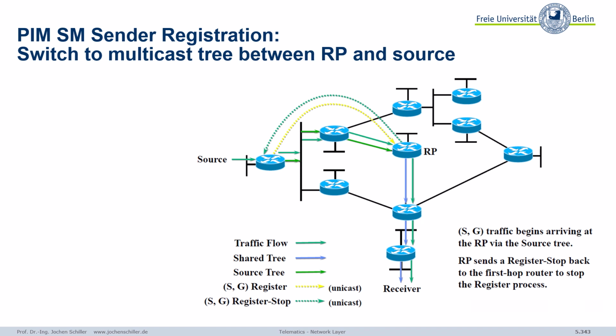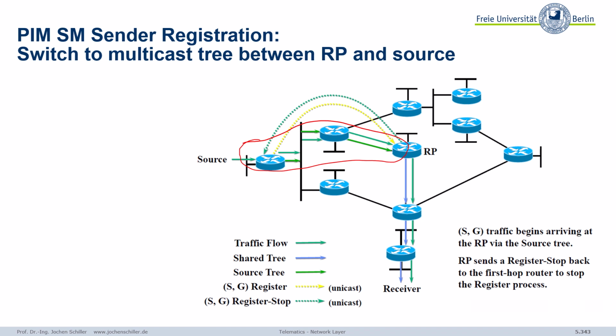But as you see here, the idea is now to create our tree, consisting of this first part where the traffic flows from the source to the rendezvous point, along this established path, and then down the shared tree to the receivers. There are some additional